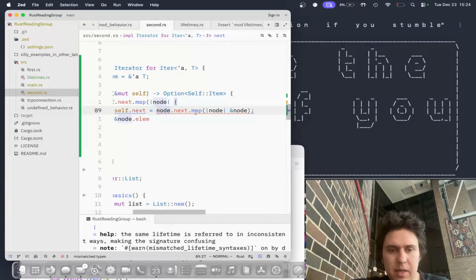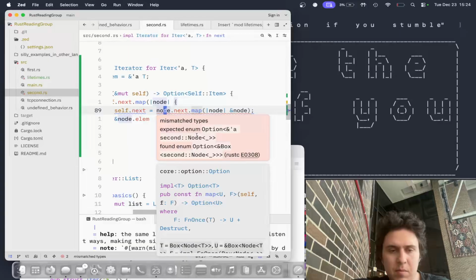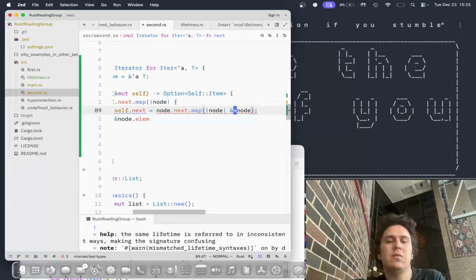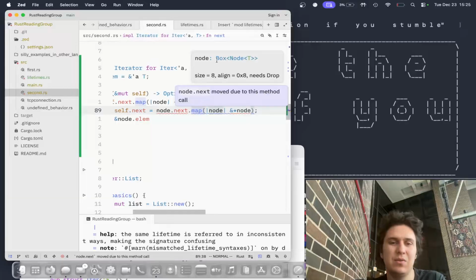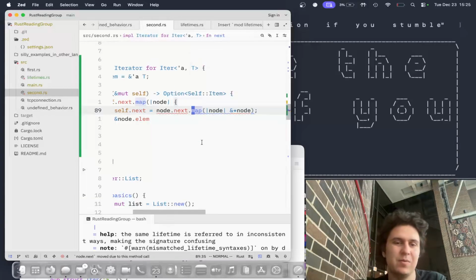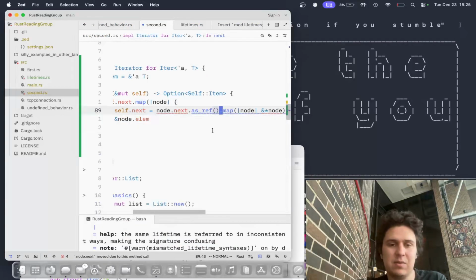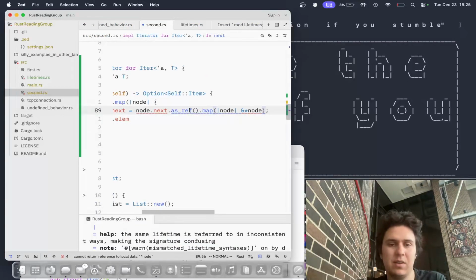And this node.next.map, we're getting mismatched types. We expected an enum, option of this reference, but we found an enum option of a reference of a box. Okay, so I think the way you do this is you dereference the box and then you take a reference to it. But now we have the same problem we had before, which is we actually own the box here. So we can't own the box here. We need to .as_ref, and I already see what to do here, but just, okay, we need to do .as_ref,